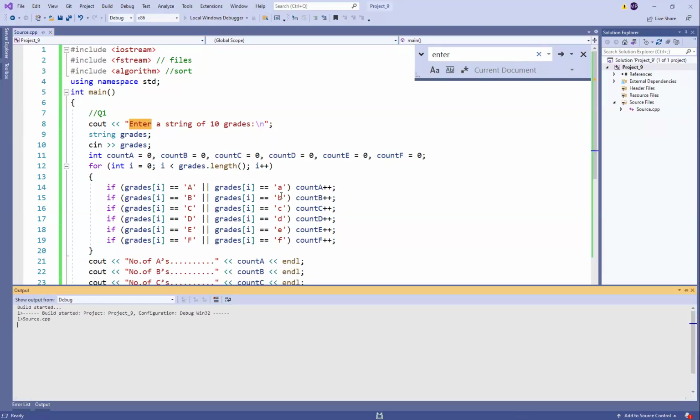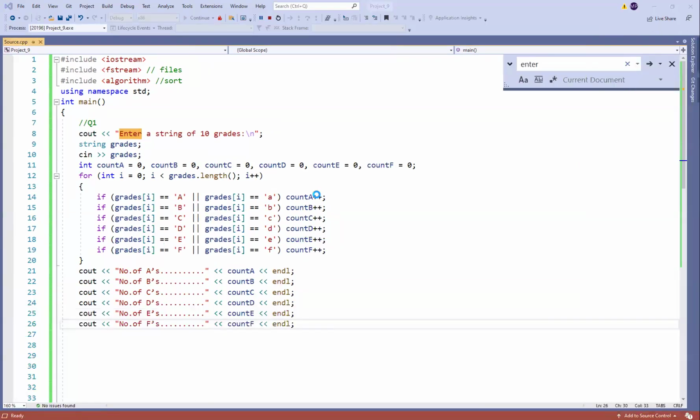And I run it. If I run it and I go to my output,